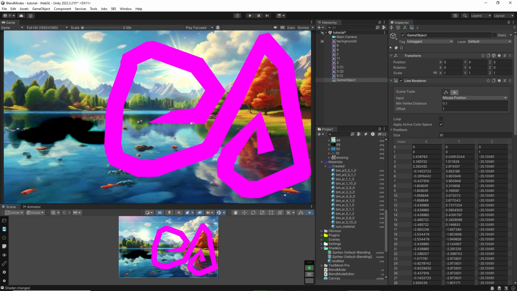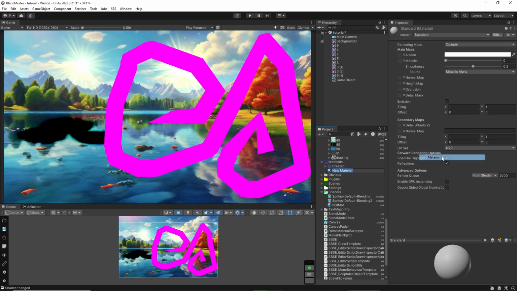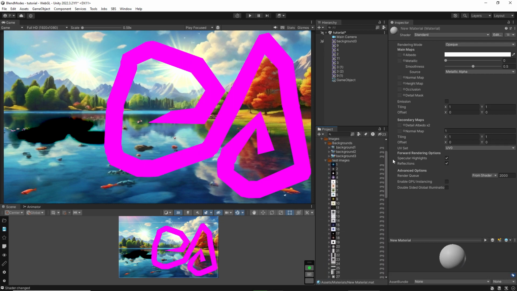And now we must create a material for this line renderer and apply it to this object. So we'll create a material like you always do. So for example, we'll click on the materials folder, create new material. You can name it, I will leave it as this. And now we must choose our texture. So we can use one of those which we have in this folder. I will choose this sun texture, which you already know,